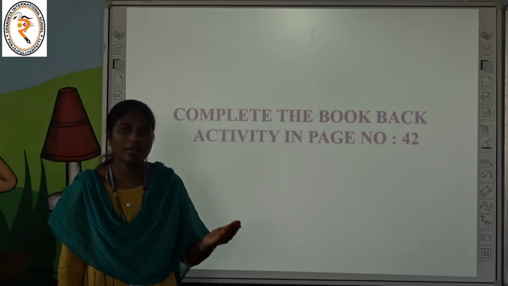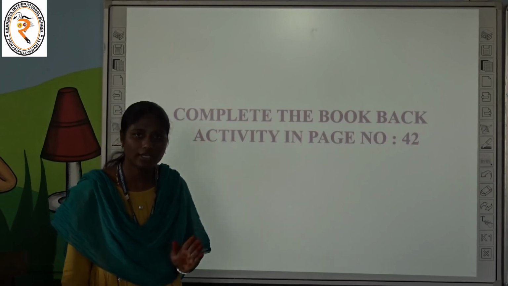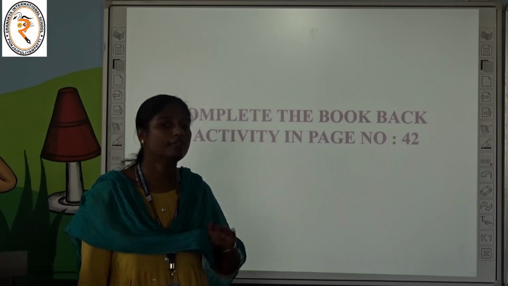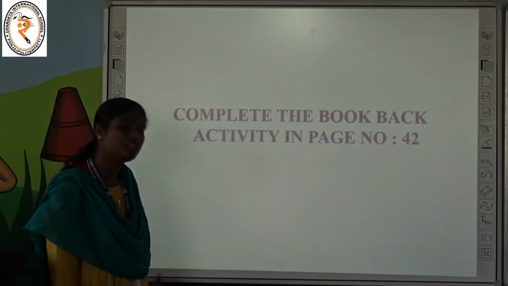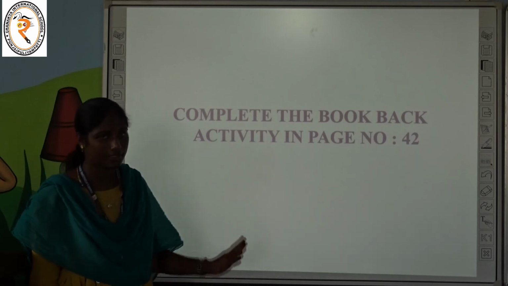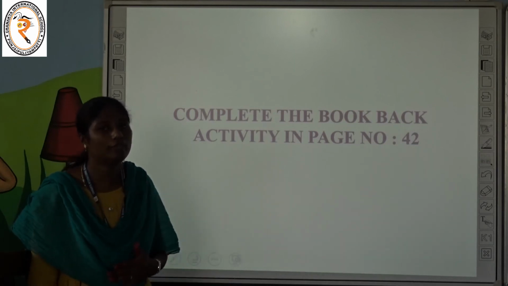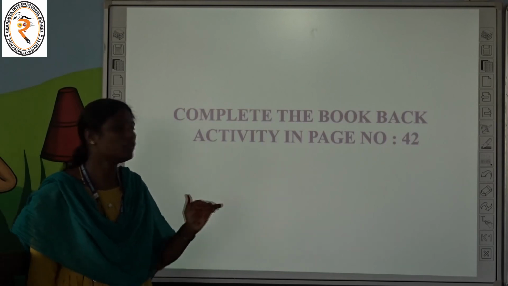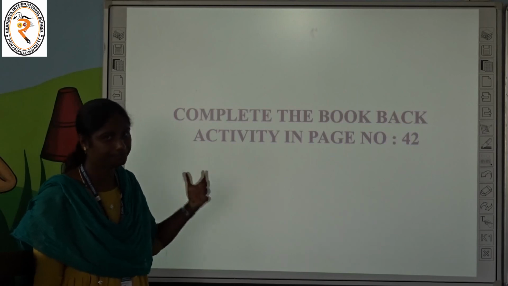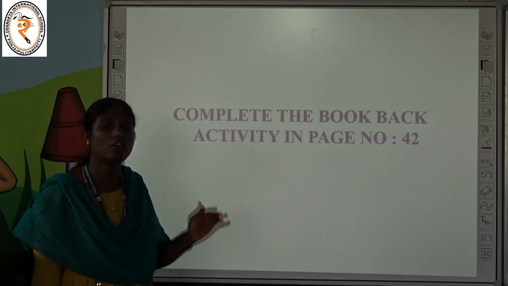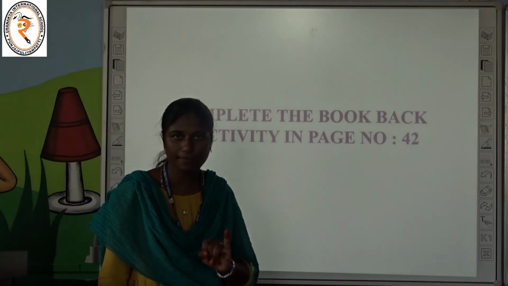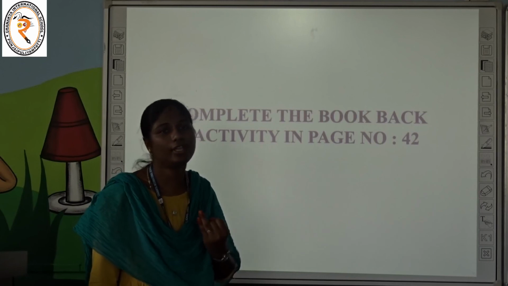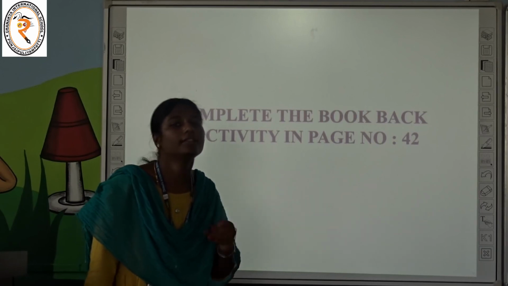So after your use, what you should do? You should shut down the computer. You should make it off. So how will you do it? First, you should go to the start button which is given in the corner of your desktop. A pop-up menu will appear. In that you must click on the shutdown option. So the power in the desktop will get off. Then later on you must switch off the power from your CPU, and then at last you must switch off the power from which we have taken in the switch box. So these are the steps